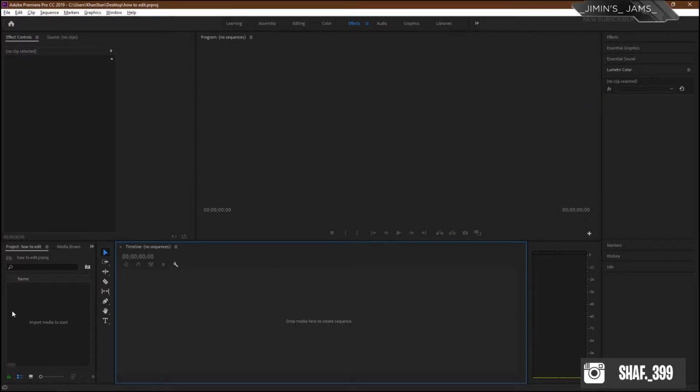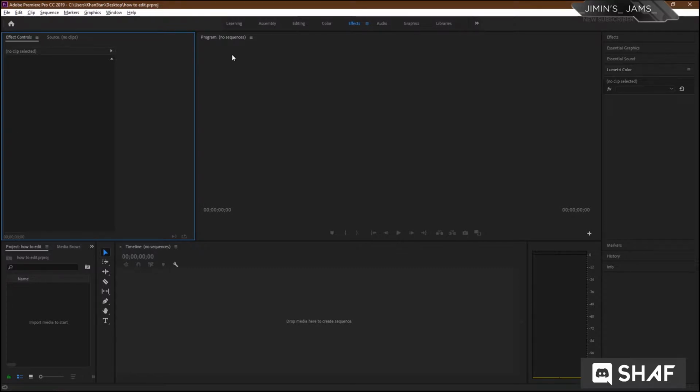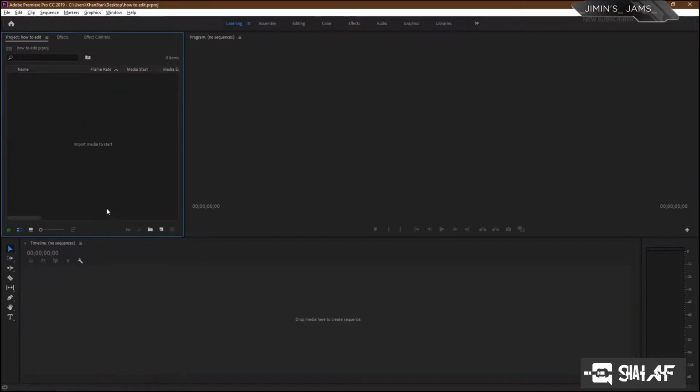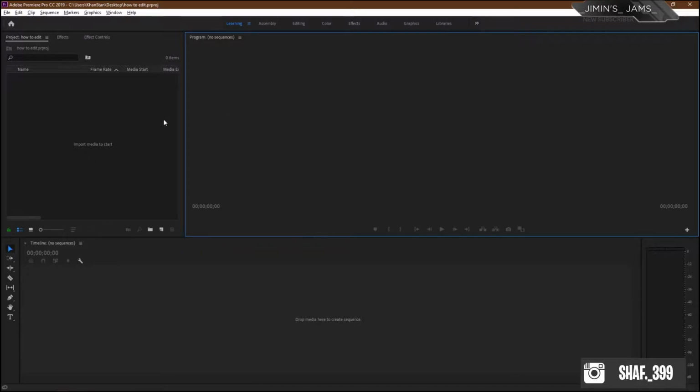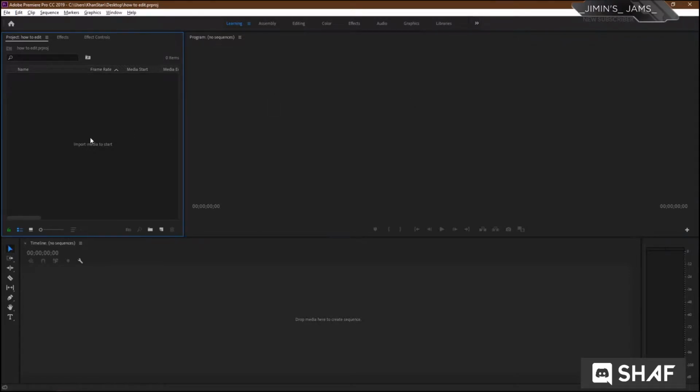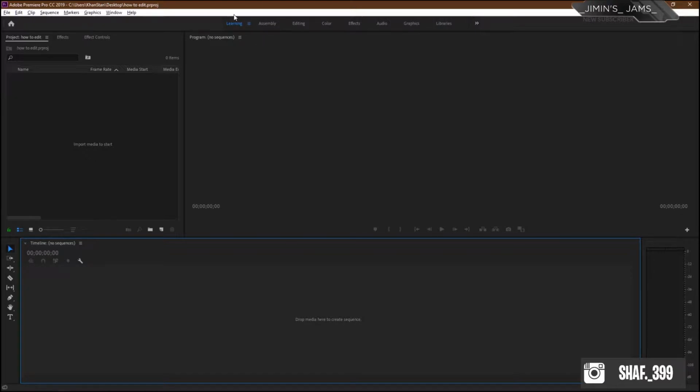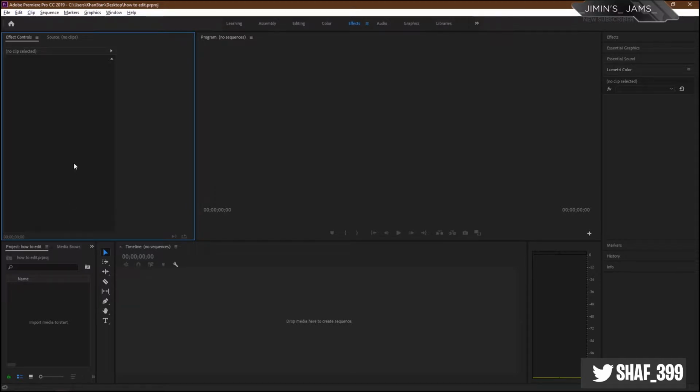Now when you open Premiere Pro for the first time, you will see something like this, only 3 columns. You will need 3 columns when you have just started editing, but after watching this video you will be so much improved that you won't need this. Just open the file and click on effects panel. It will show you these 4 columns. Everything you have to do will be included just in these 4 columns. So let's just start with the video.